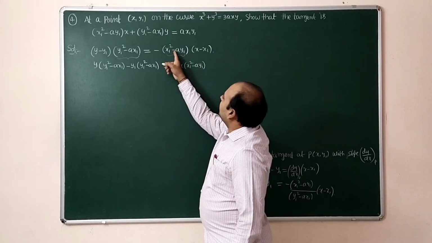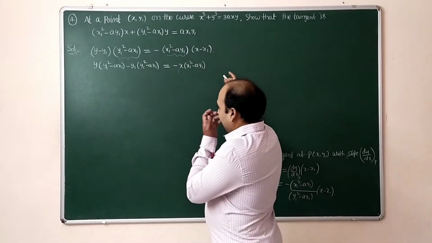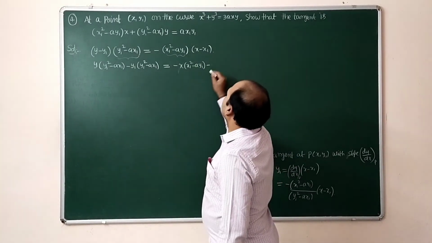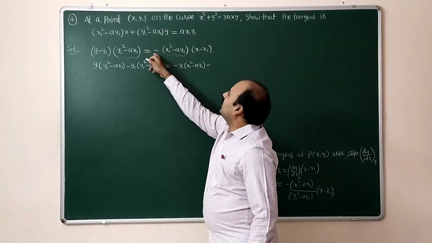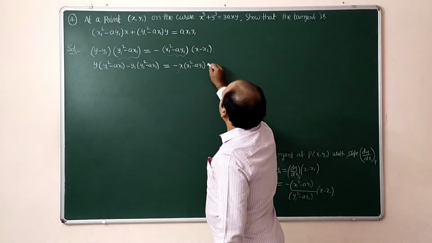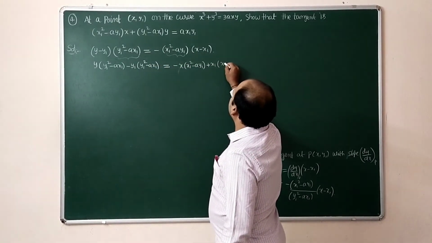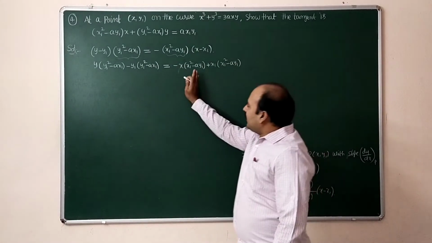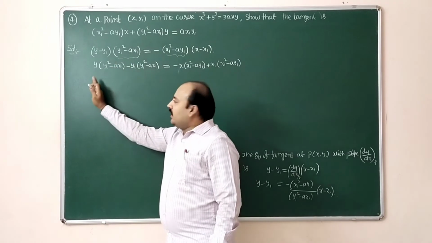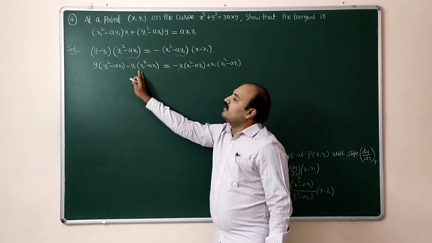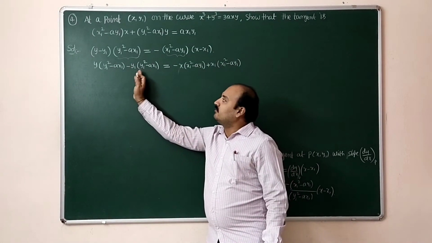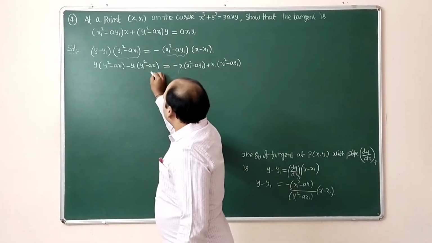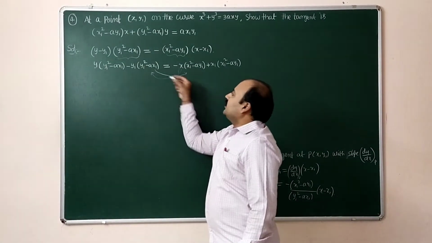Next, minus into minus is plus, plus into minus is minus. Here, minus x1 into this value, including minus, minus into minus plus. So x1 into x1 square minus ay1. Here the minus value we are taking to the LHS, and the minus y1 value, the minus term, we are taking to this side. So it will become minus; this we are taking to this side and this value we are taking to this side.